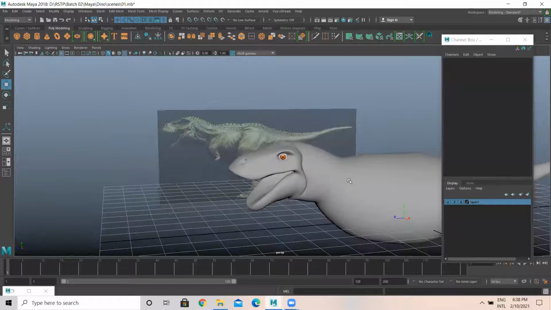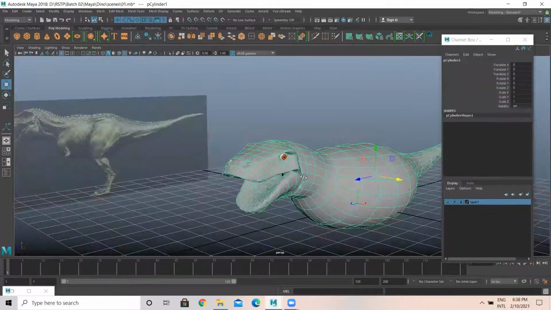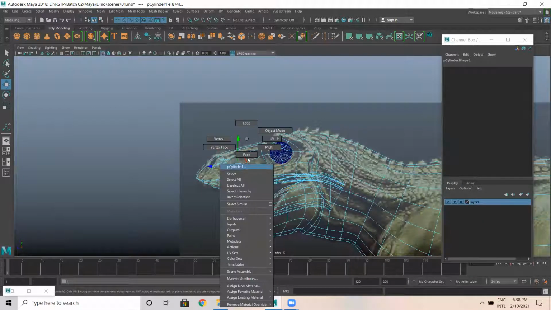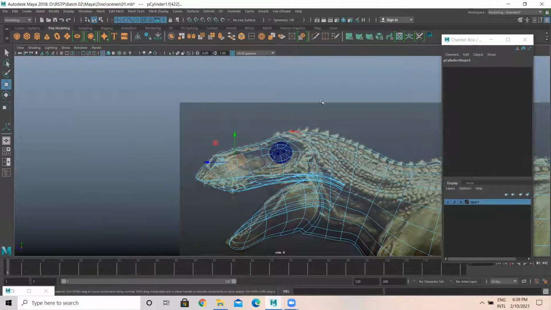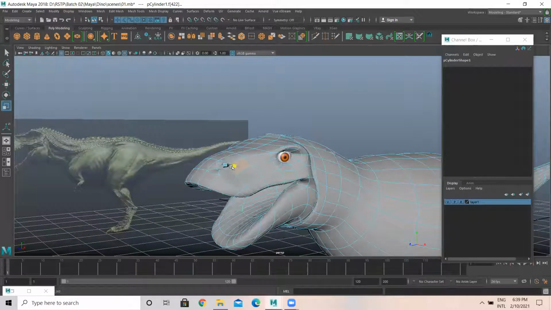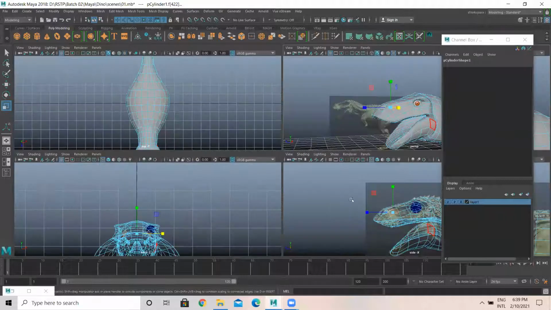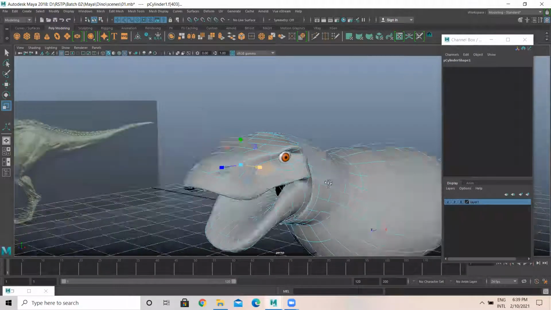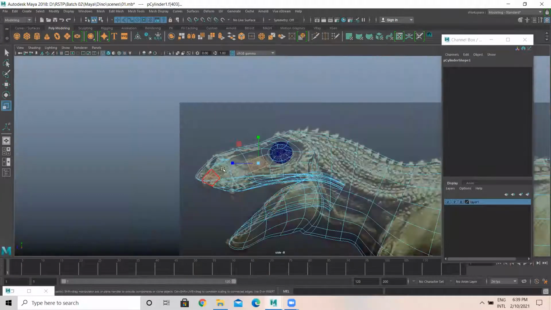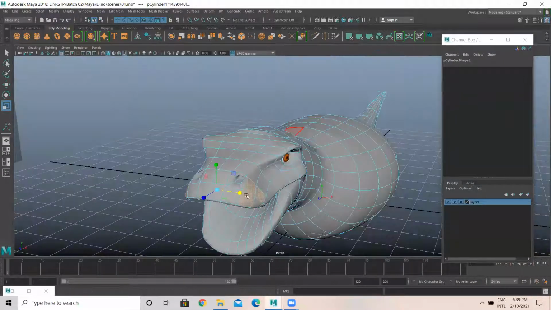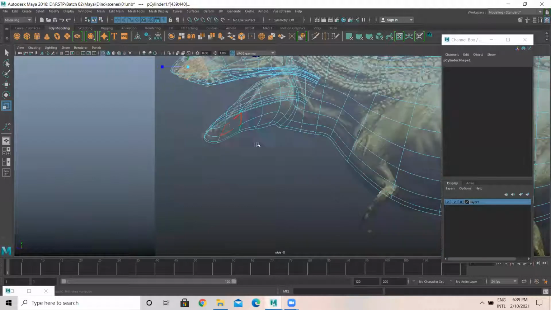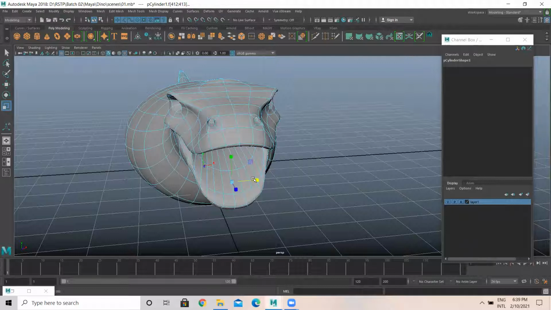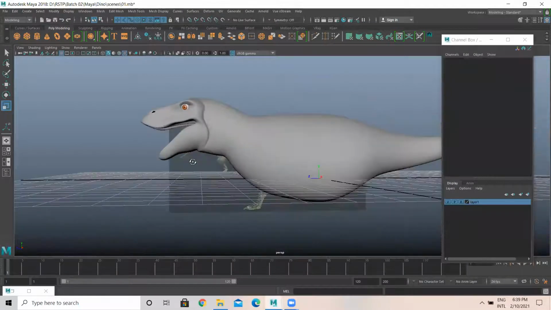Okay, fine. Let's see. So see, now shape is better, right?